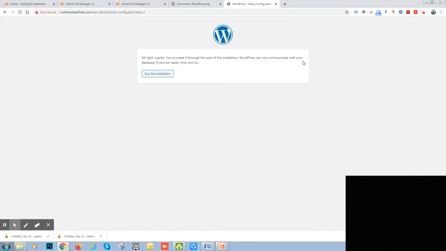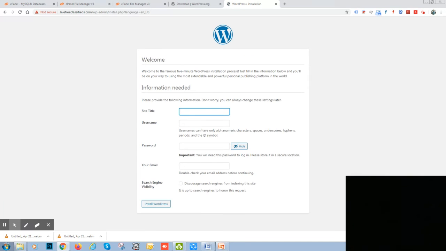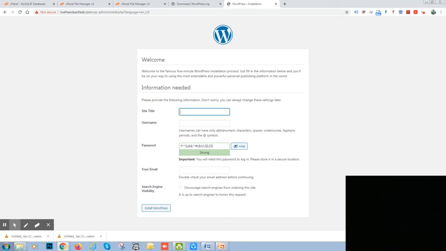WordPress can now communicate with your database. If you are ready, it's time to go. Since they have accepted our details, they are ready to install WordPress with our database. Now what we have to do is just click here, run the installation. Once you click, WordPress will install in my URL. Now the next step is that we have to enter our website name. It's just for now. I am keeping this website name same, live free